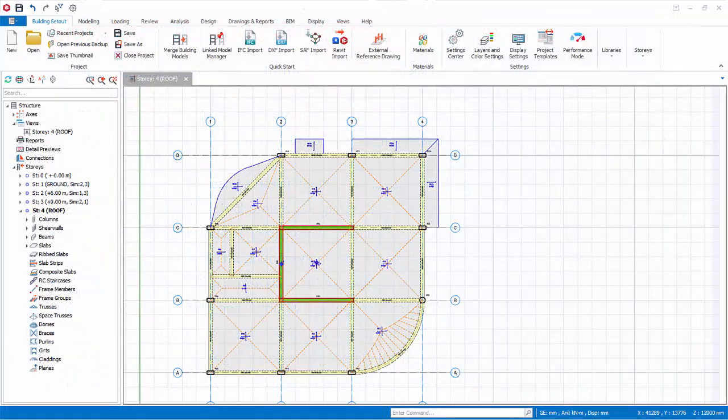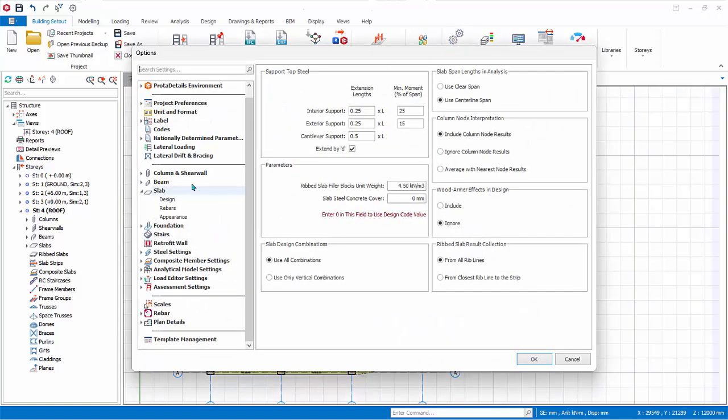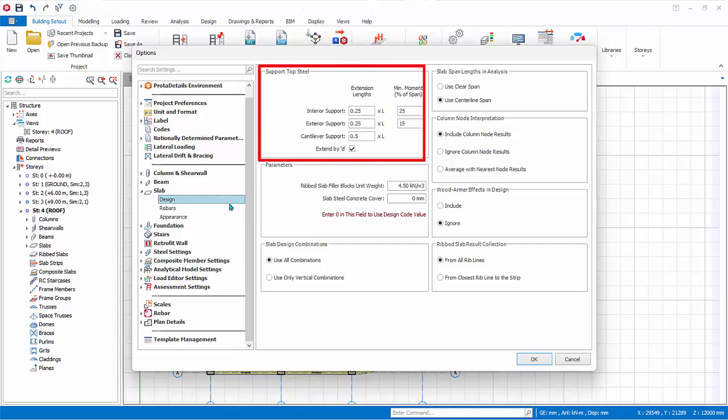Before design of any slabs, it is important to review the settings. Go to Building Setout, Settings Center, Slab. We will go through the important settings. You can refer to the Prota Help Center for more detail. Design. Support top bar. The support top bar's extension lengths are determined using the factors specified in the top steel extension lengths fields. Parameter. Concrete cover. If you leave this field as 0, then the concrete cover will be determined based on